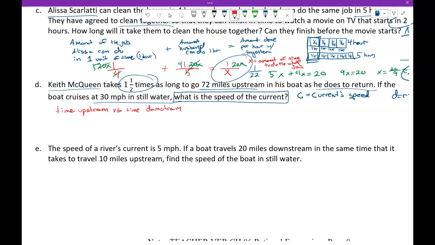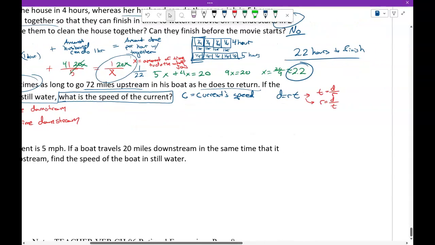Now, time upstream is equal to 1.5 times time going downstream. So we have this basic structure, but I don't know how long it takes him to go upstream, and I don't know how long it takes him to go downstream, but we have this comparison of time. And since we have this comparison of time, we can treat time as being equal and replace it with distance